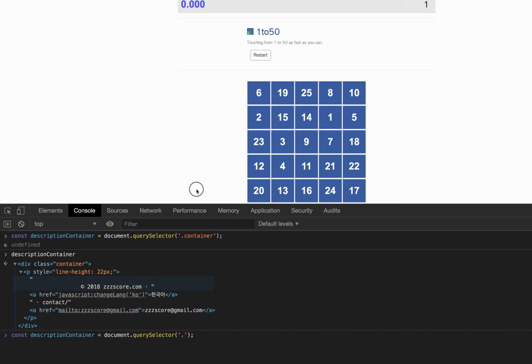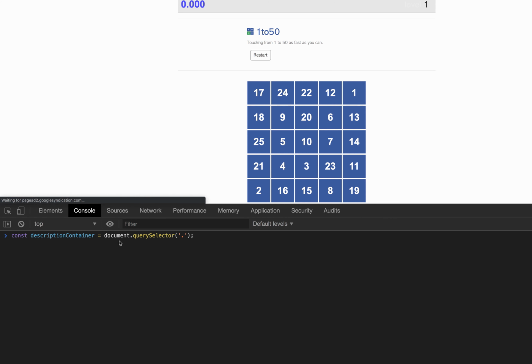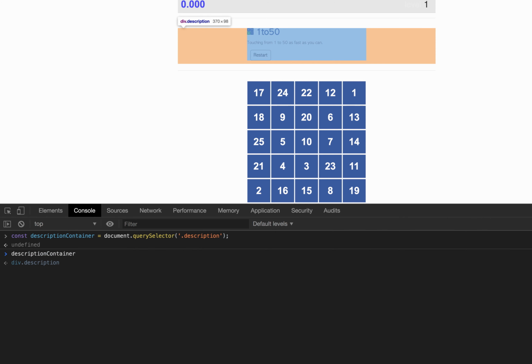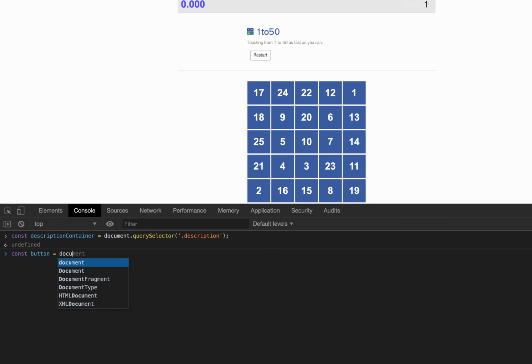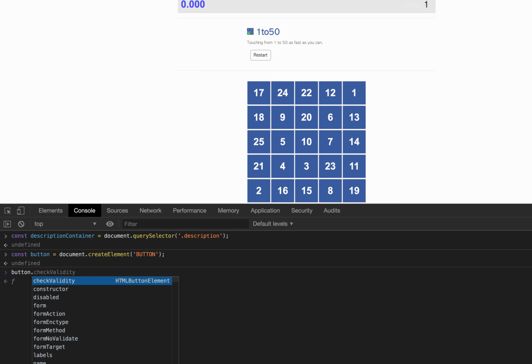So let me just refresh it so I can use that variable again. Description, cool. So we have the description container there. Let's create a button with document.createElement button. Let's just add an event listener directly. Add event listener, so when I click on this button,